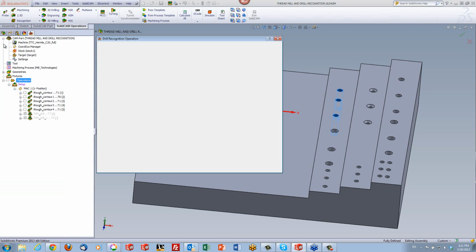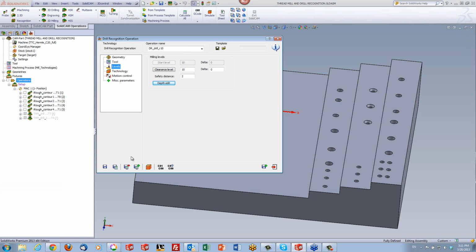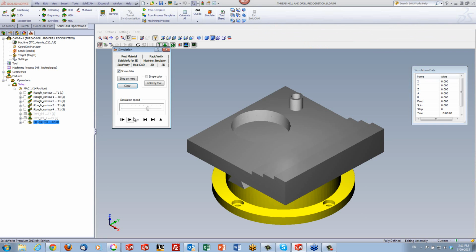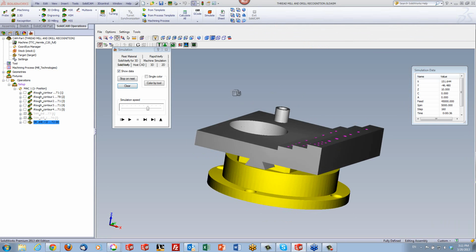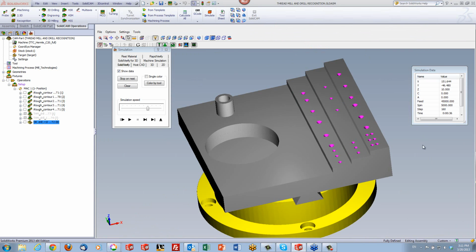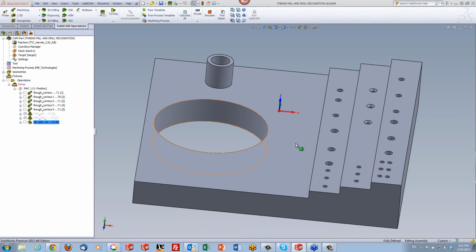Let me just accept that and click on Save and Calculate. Before I do that, by the way, just to show you my technology field, just like any drilling operation, I'll do Save and Calculate, run my simulation, and you'll note that each hole was drilled out with a spot drill exactly according to the diameter of each hole individually and on different hole depths, different hole upper levels. Okay, now with my next operation,